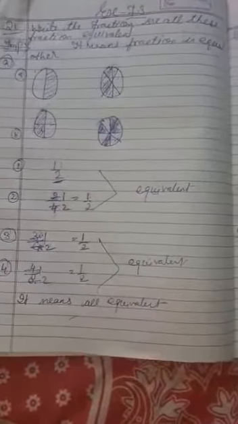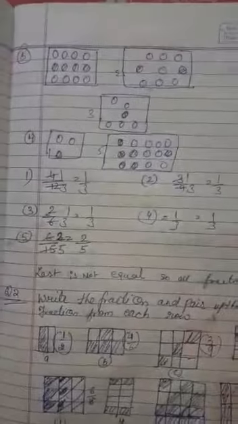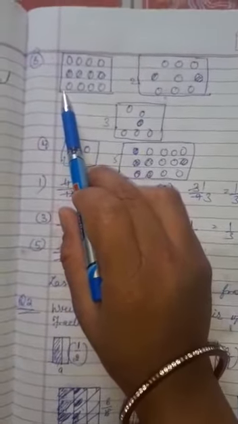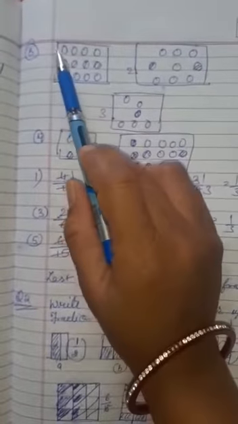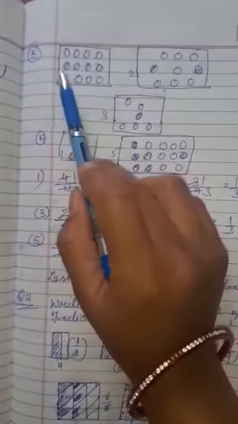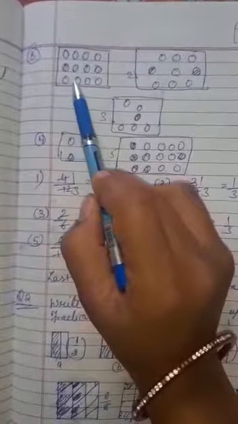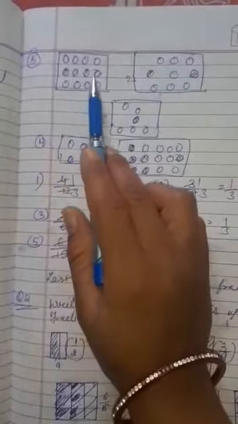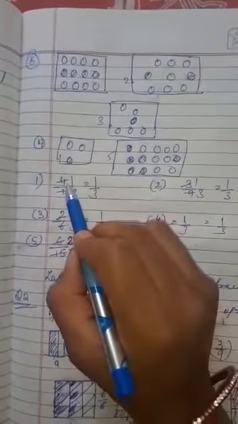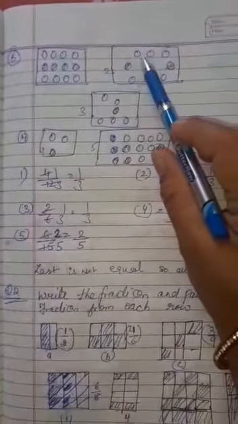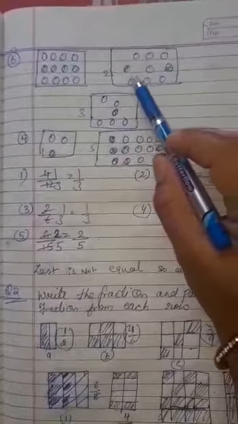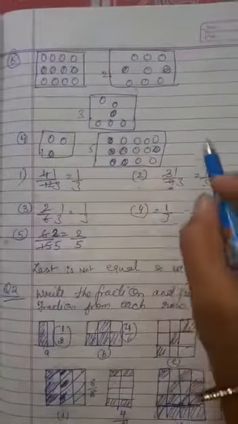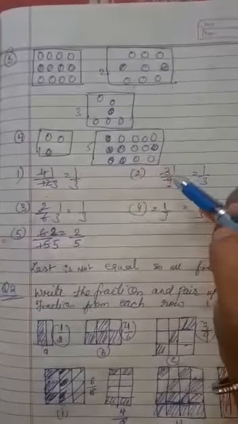So now you see the second one. There is a box consisting of lots of circles. We will count here. 1, 2, 3, 4, 5, 6, 7, 8, 9, 10, 11, 12. So here we write 12 and the shaded portion is 4. So here, how many circles? 1, 2, 3, 4, 5, 6, 7, 8, 9. Okay. So here it is 9 and the shaded portion is 3.